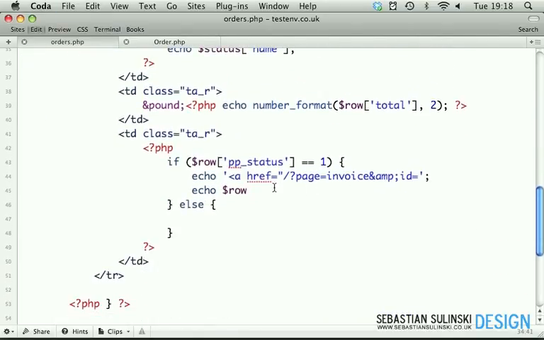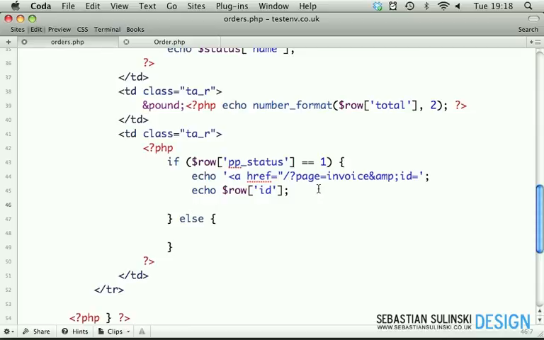We have rows, obviously we're using the row name here. So we have row, and this is going to be the ID of our specific record, and after this we echo, and between single quotes we close the href property,